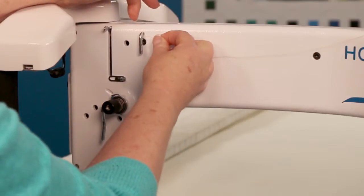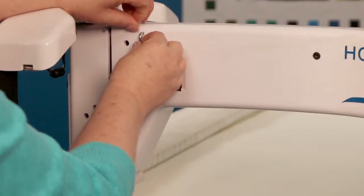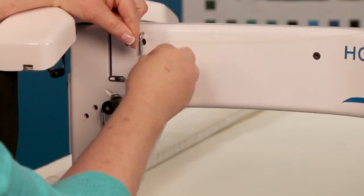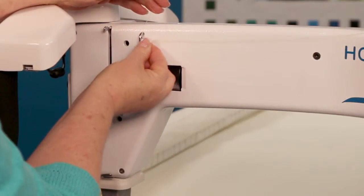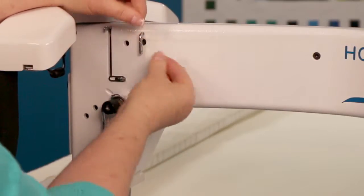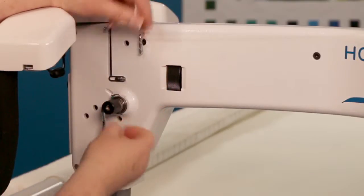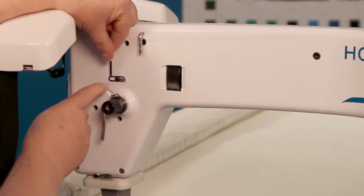So we'll go through the top hole, thread it again, through the middle hole, and then through the bottom hole. Now through the next thread guide,